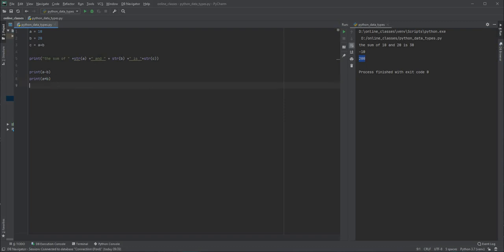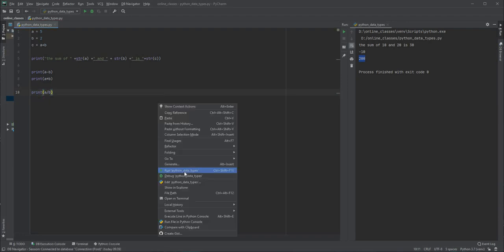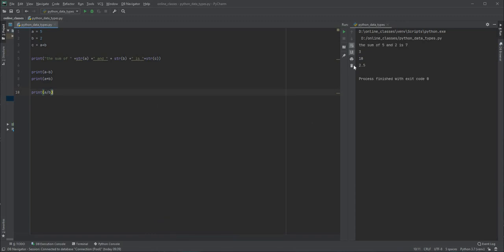Next up we have division. First let me take the a value as 5 and the b value as 2. Now if I say a divided by b, 5 divided by 2, the single forward slash will give us the decimal place values.